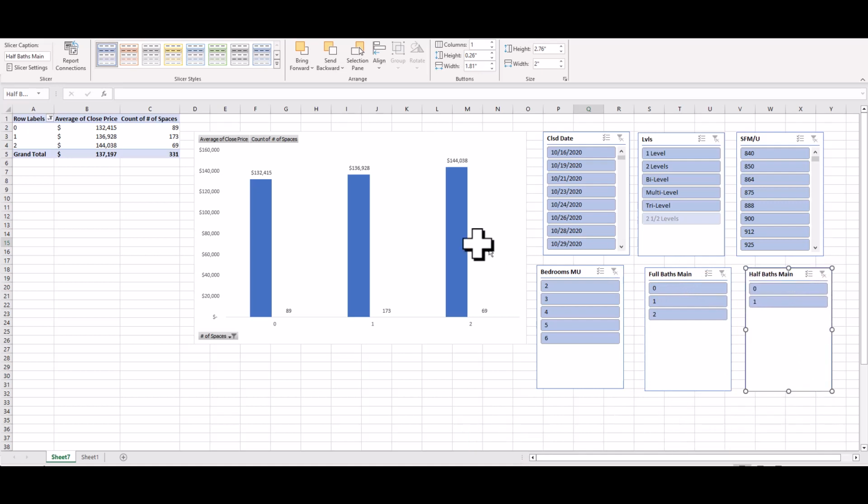Now again, what we're looking at in the chart as of this moment is all sales data from Eagledale. And so now what we can do is start clicking on some of these to create our market segmentation. For those of you who don't know, Eagledale is primarily made up of one level homes, so I am going to choose one level. Once we click on that, our average sale prices change. Now I'm also going to look for